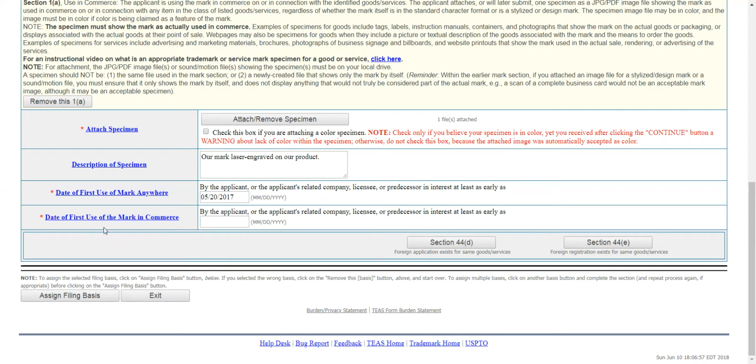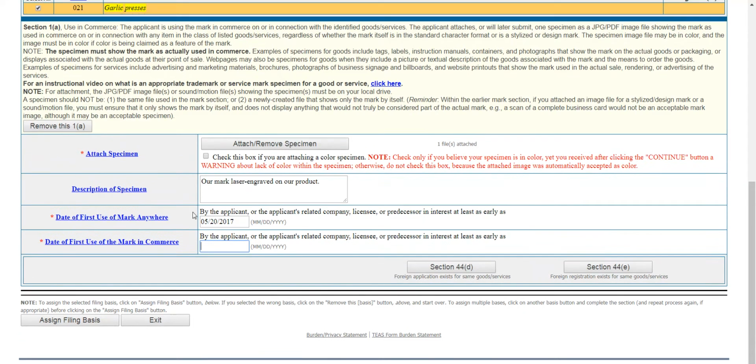Next question is date of first use of the mark in commerce. So when was the first time, for example, that you got a sale on Amazon? It could be the same date as this. Keep that in mind. Or let's assume that we first started using our mark when we gave it to the supplier in China to go ahead and start imprinting it or laser engraving it on our product, and we first got our first international or interstate commerce on Amazon or any other platform in October 5th of 2017. Okay,